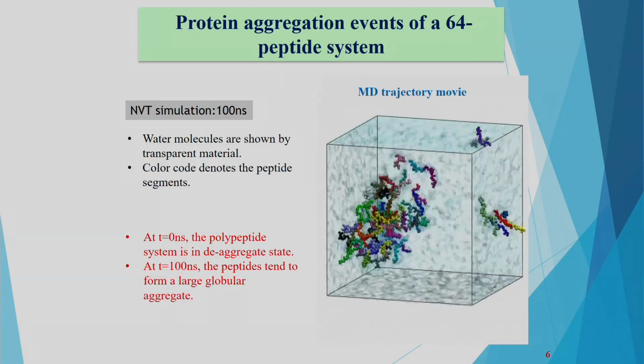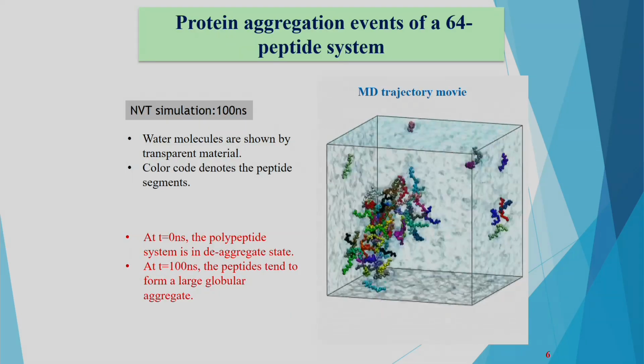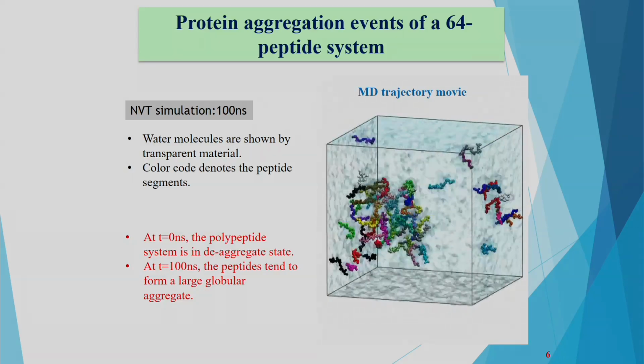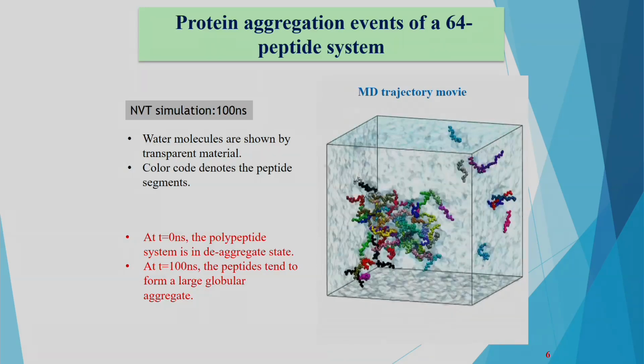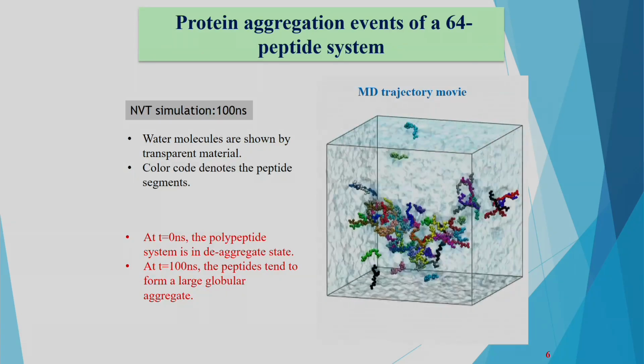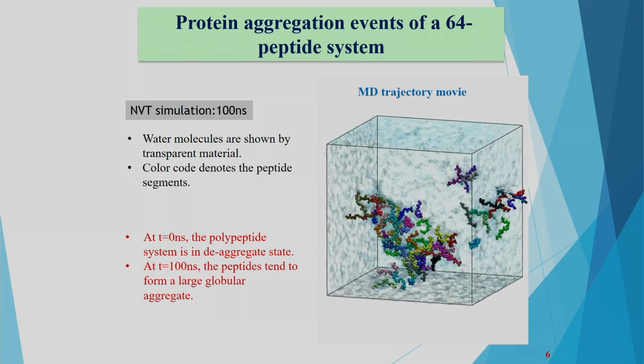Now, you see that they are forming an aggregate, and suppose this happens in the brain, and these peptides are nothing other than neurons, then these neurons bunching together or aggregating together would result in severe disease that could lead to stroke or other neuro disorders in the brain. So, this is just a movie to show how MD trajectories are carried out.